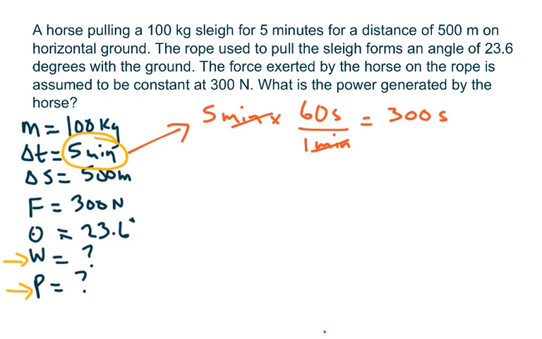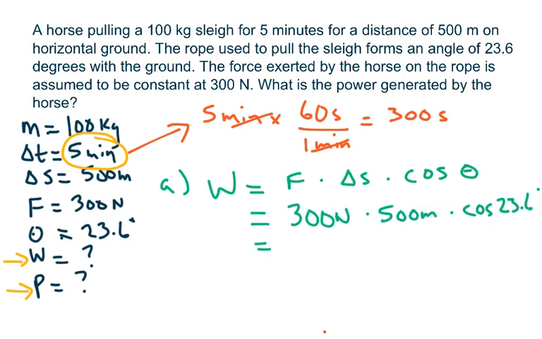So for part A, work is equal to F times delta S times the cos of theta. I have every one of these values, so I'm just going to input them now. So this ends up giving me a work number of